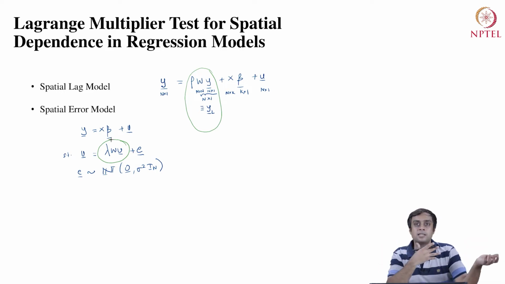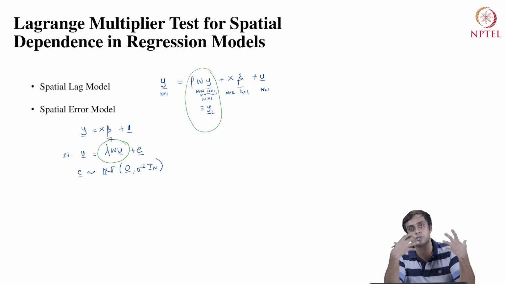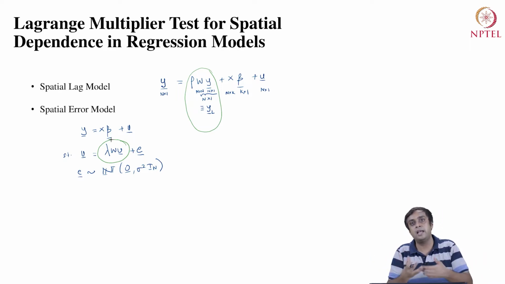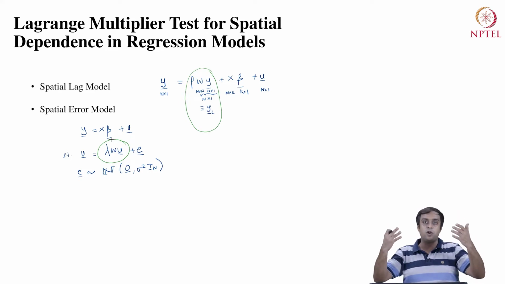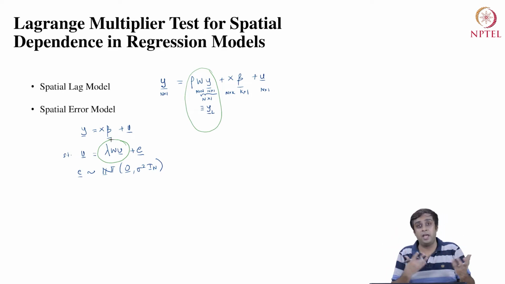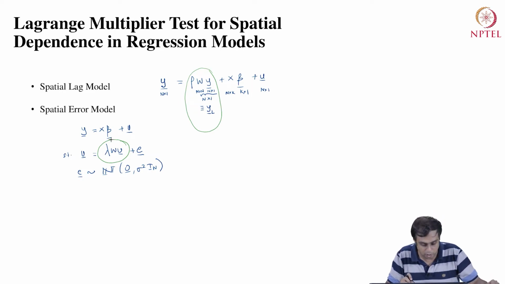In a lecture a couple of lectures ago, we saw that such models make sense when you have a spatial mismatch between the underlying population process and the data generating process. So if you are studying land use change, which is a high resolution process happening at farm levels, but the data we get are at district level, then we are going to have an error term misspecification, in the sense that we are fundamentally misrepresenting the population process, and that enters the random error term, which we can then specify as a spatial error model.